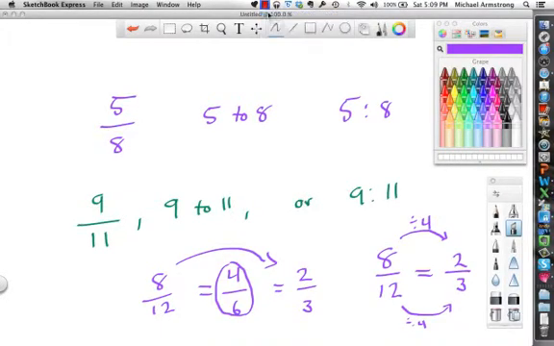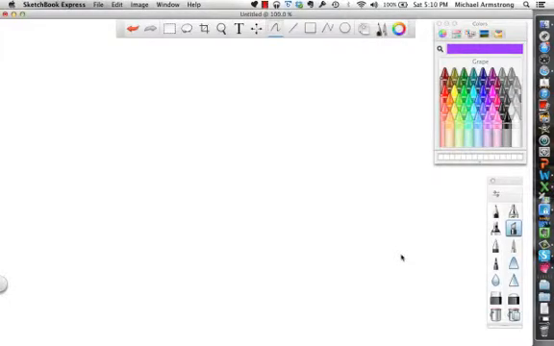Okay, so this is where we go with simplifying. It's pretty easy to do. You can compare them the same way that you would compare a fraction. You could also change it to a percent or a decimal. And so if you had a couple of ratios and you wanted to see which one was bigger or not,